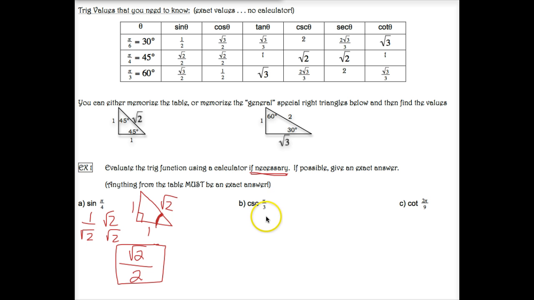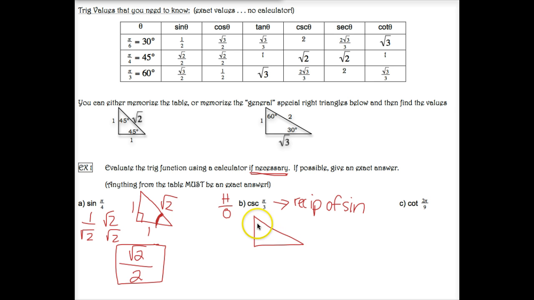So pi over 3, I know, is a 60-degree angle. And those you definitely do need to memorize. You need to memorize that pi over 4 is 45 degrees, that pi over 6 is 30, and that pi over 3 is 60. You definitely will need to know those values. So if I find the cosecant, remember that cosecant is the reciprocal of sine. Since I know that sine is opposite over hypotenuse, this one's going to be the hypotenuse over the opposite. So if I draw my triangle here,